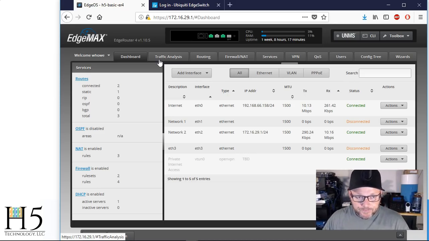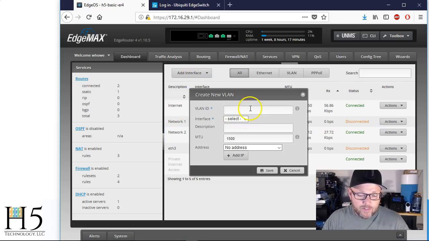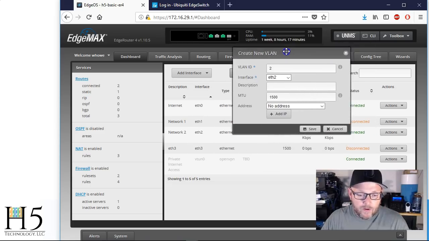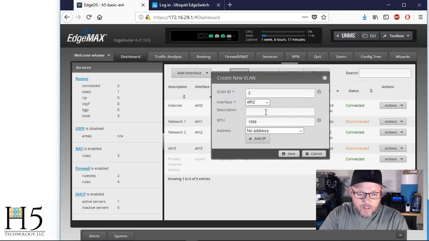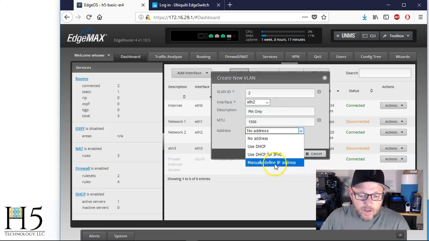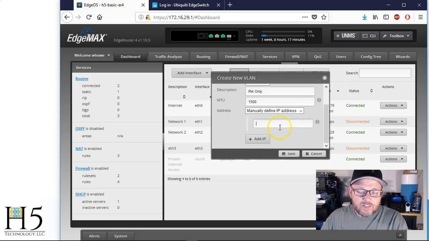So we're logged in, and we're plugged into ETH2. So what we're going to do is add an interface. We're going to create a VLAN. We're just going to keep this very simple. It's going to be VLAN 2, and we're going to hang that off of ETH2, which is where we are plugged in. This is going to be PIA only, and we're going to manually define the address. So that there's no confusion about the IP addressing when I'm looking at it, I'm going to do something like